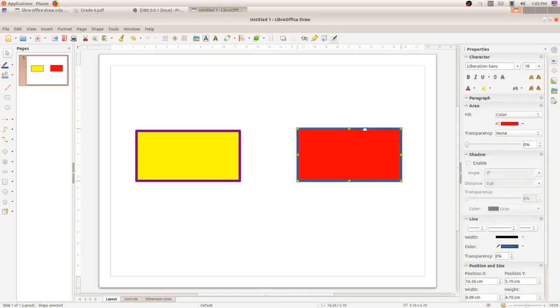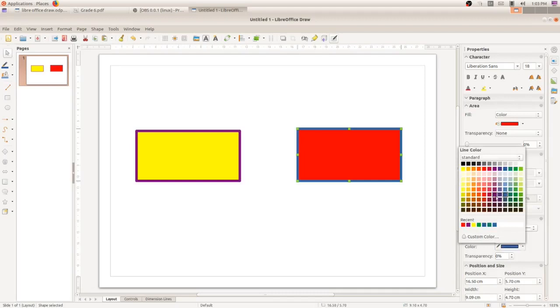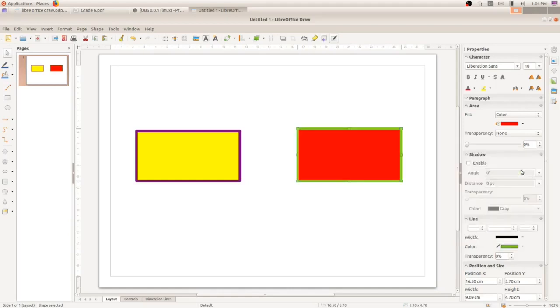Now you can see the width of the border is increased. If you want to change the color of the line, click here under color and choose any other color, whatever you like. Here I am going to choose a lime green color. Now you can see the border is colored light green.